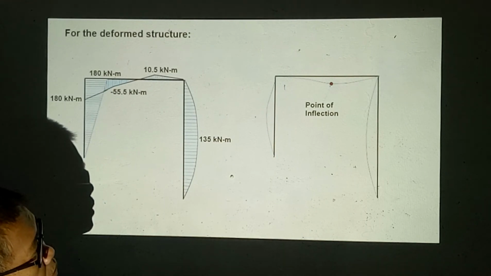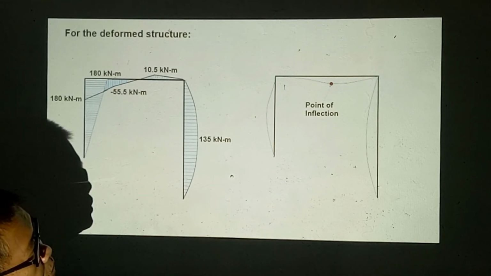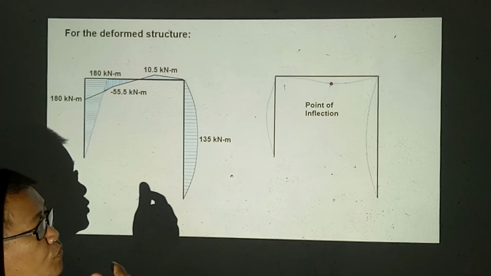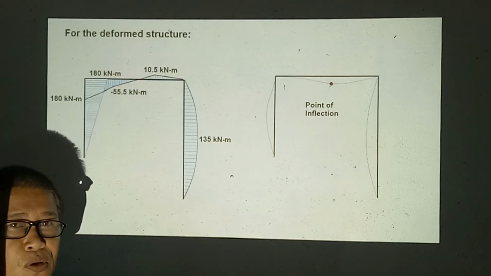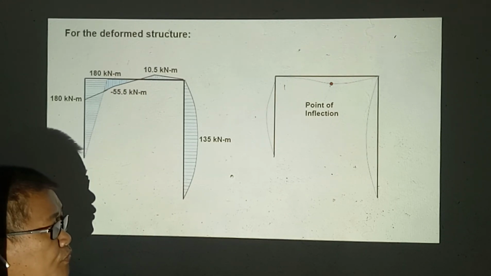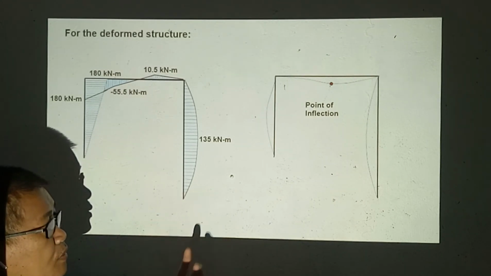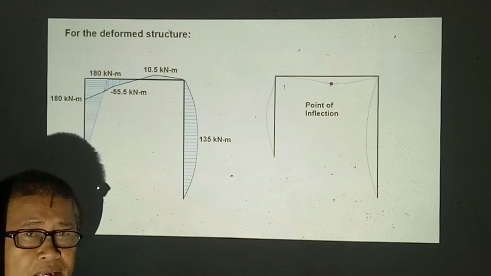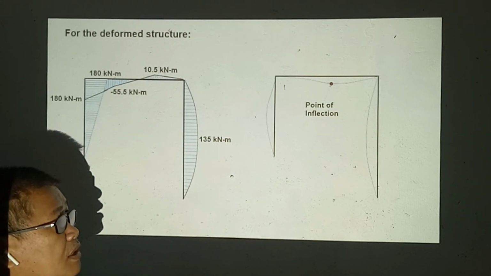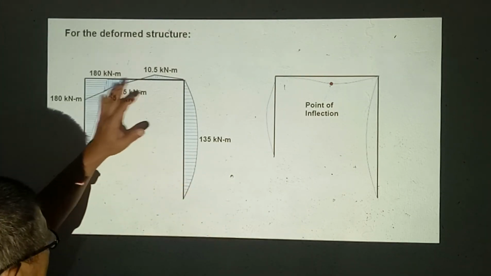And we can see how the behavior is, giving us an idea as to where to reinforce more, or what should be the magnitude of the moment that we have used in determining the size, the dimensions of the columns, as well as the beam. And from